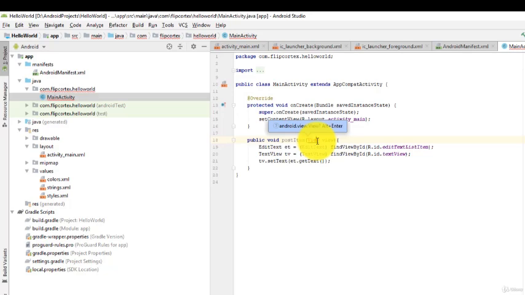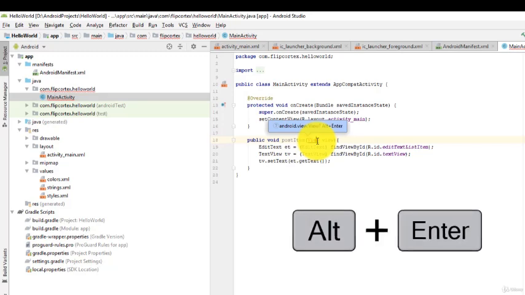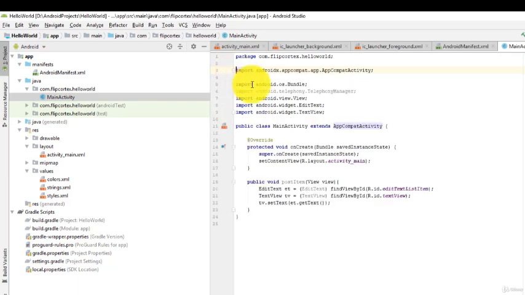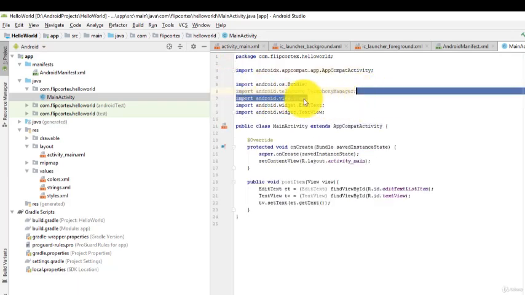So here it's actually telling you what you need to do. Do you need to add the android.view class? If so, press Alt and Enter. When you press Alt and Enter, you see that it automatically added this import in this class, and then the errors are gone.